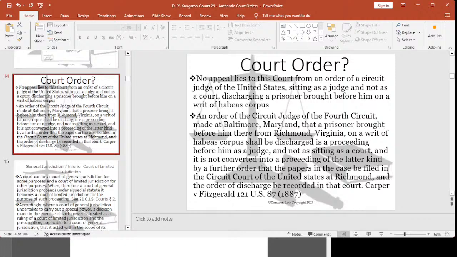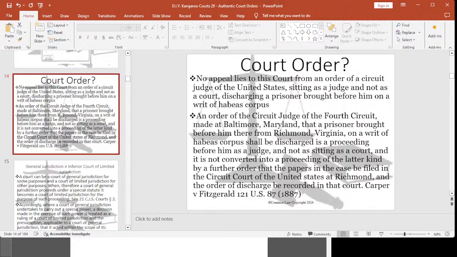Anyways, this was over a habeas corpus. A judge had issued a habeas corpus for releasing someone, and the sheriff appealed the habeas corpus, and the Court of Appeal and the Supreme Court said you can't appeal it. There's no appeal. Once the judge releases him, he's released. And discharging a prisoner brought before him on a writ of habeas corpus, an order of the circuit judge of the Fourth Circuit made in Baltimore, Maryland, that a prisoner brought before him here in Richmond, Virginia,